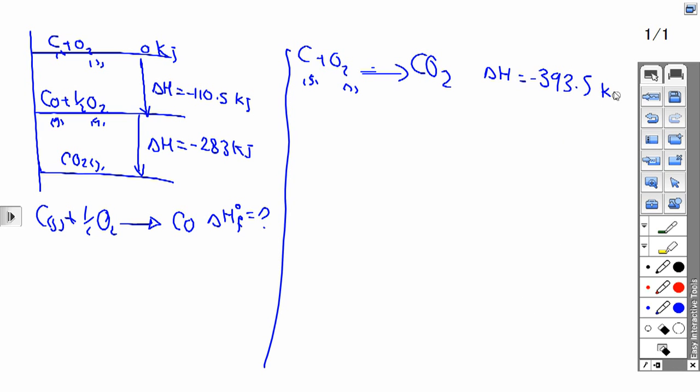393.5 kilojoule. The second equation that contains CO2, from this part to this part: CO plus half O2 produces CO2. This is the second equation. But in the first reaction, CO2 is a product. Can we get another equation that contains CO2 as a reactant? Yes, move from this part to this part, opposite. So the second equation is CO2 produces CO plus half O2, and delta H in this case equals positive this number,